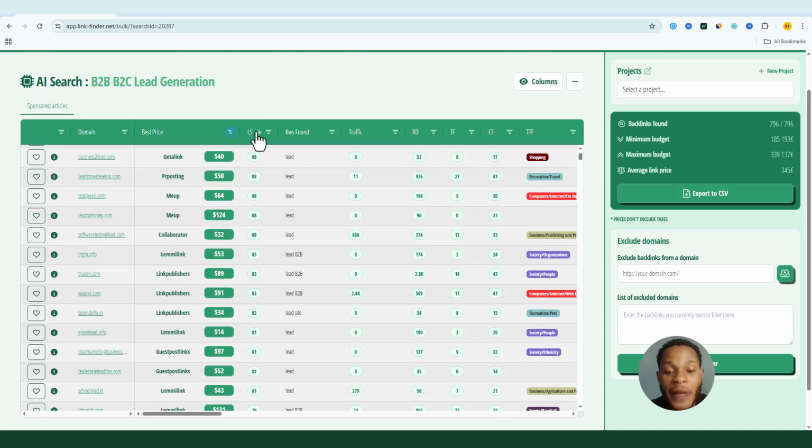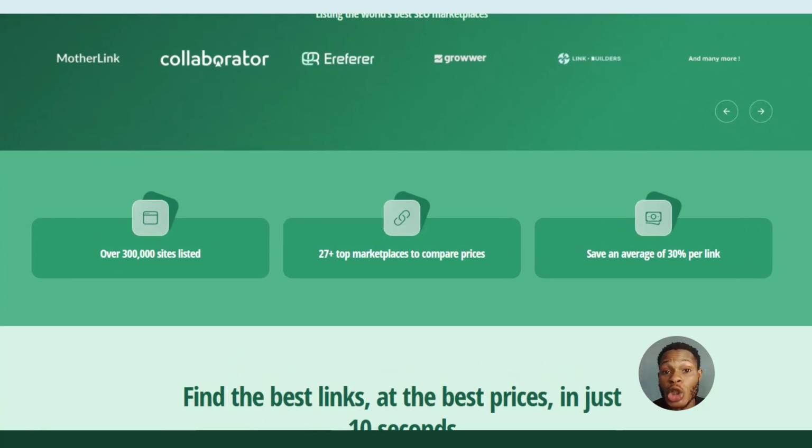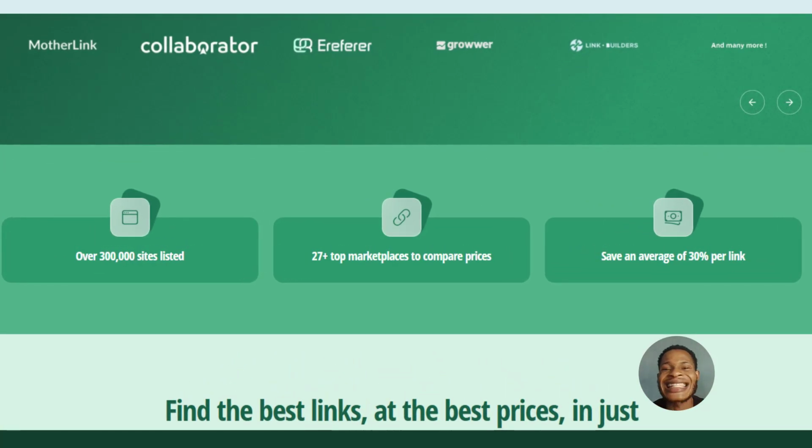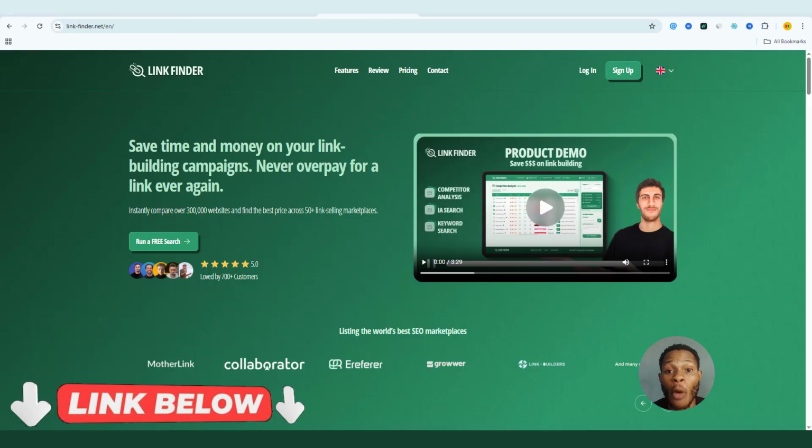All right, guys, so if you've ever tried building backlinks, you know the pain, right? But what if you could instantly find over 400,000 websites that already accept guest posts? You can compare prices across 30-plus link marketplaces and secure high-quality backlinks in minutes. Well, that's exactly what Link Finder does, and in today's video I'm going to show you how it works,